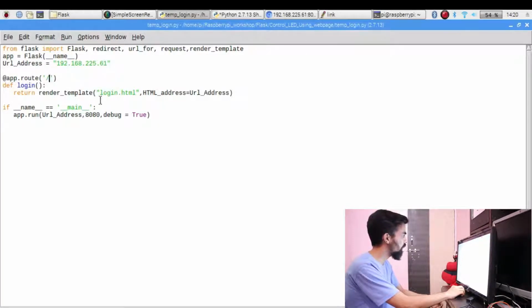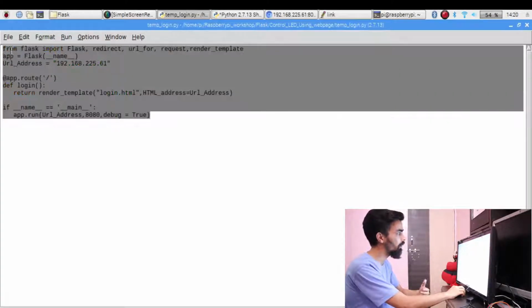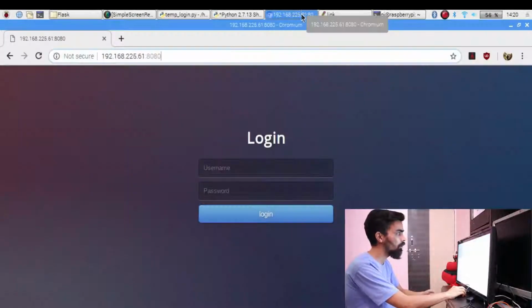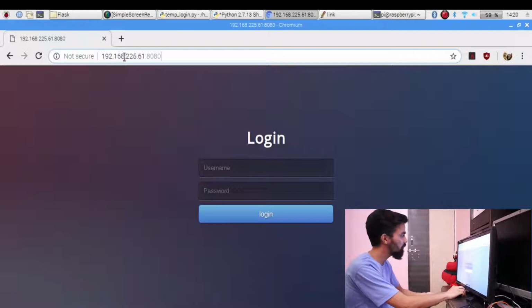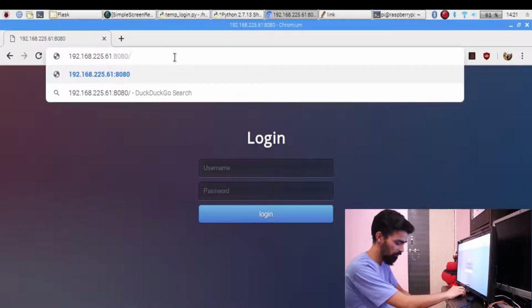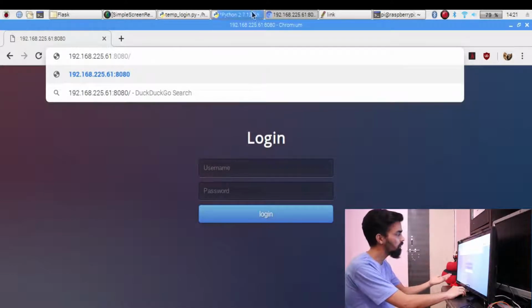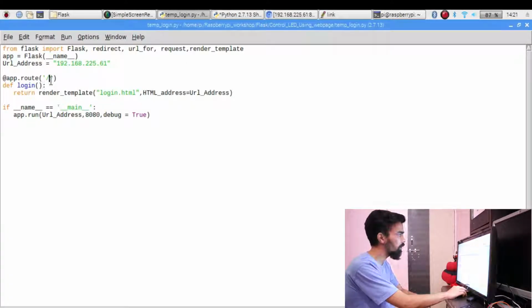Then the next line is @app.route('/'). So when you run this Flask program on your Raspberry Pi, your URL address will start with this 192 something, then :8080. 8080 is the port address, and then there is a slash. If you don't give any name, then this page will be opened. If you want to give some extra information, you can provide it after the slash,